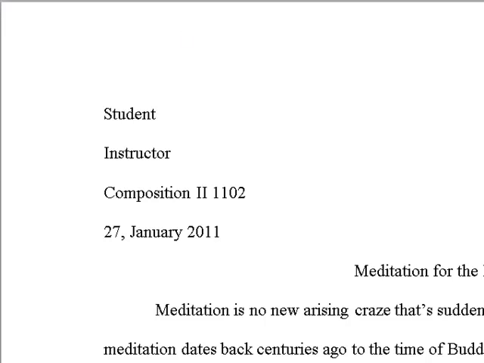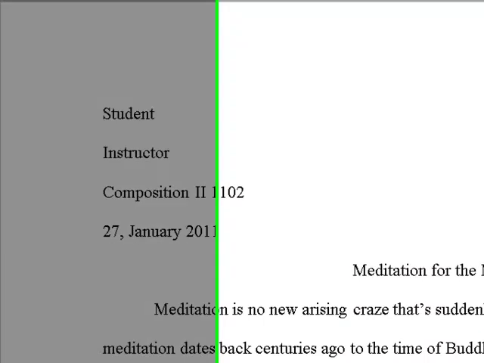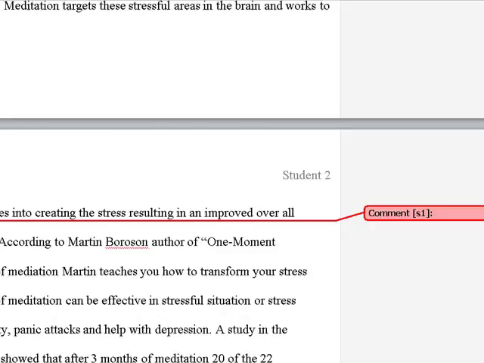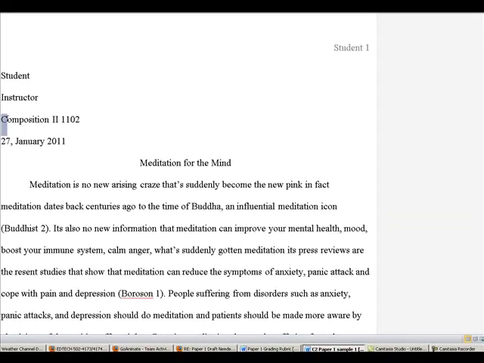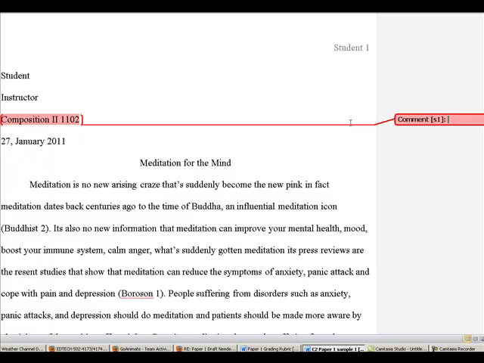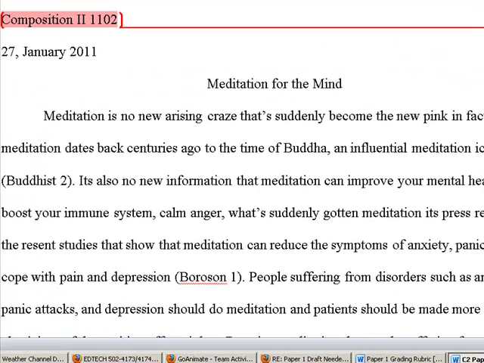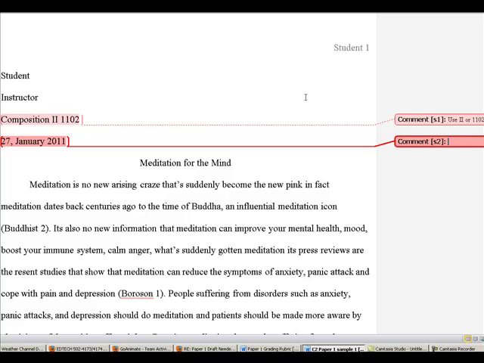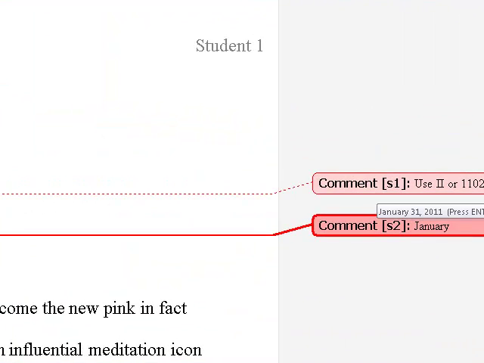So what I'm going to do is hit review and new comment, and I'm going to actually highlight that, and I'll write something like use 2 or 1102. The next thing I'd be looking at, the date looks a little strange, so I probably would want to make a comment: use January 27th,